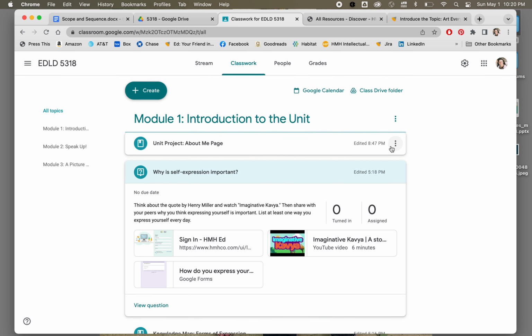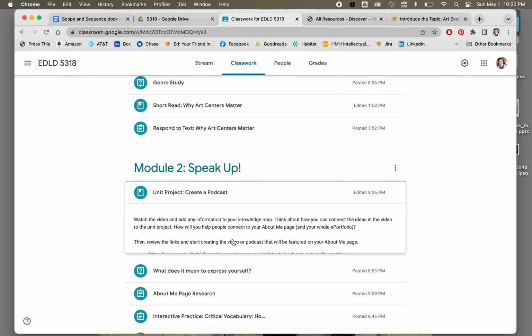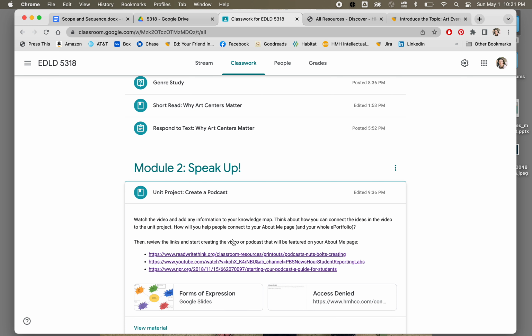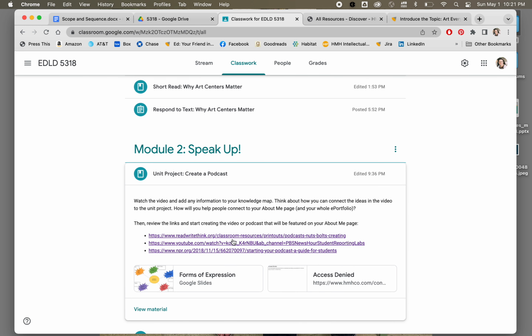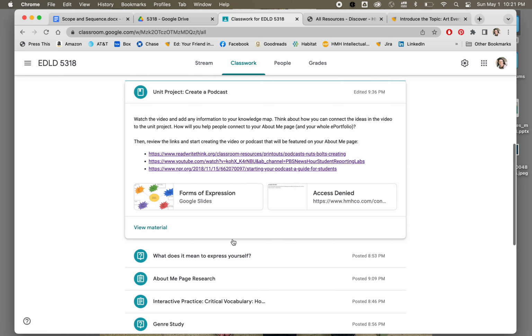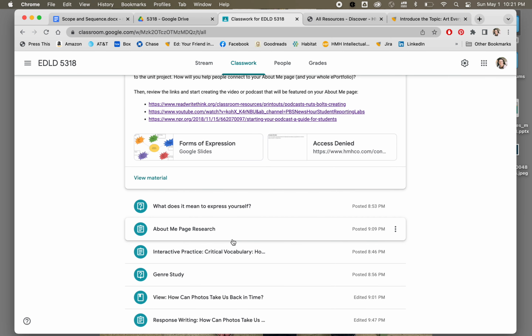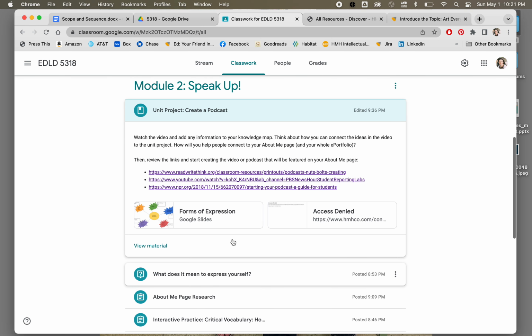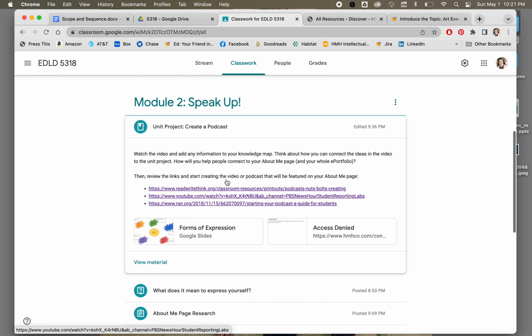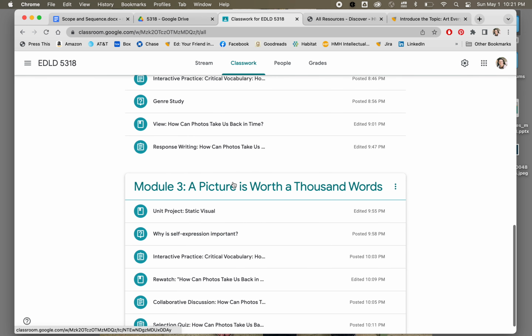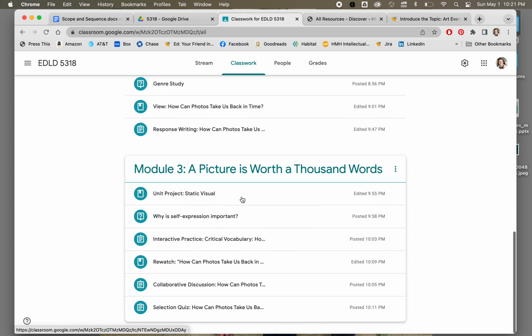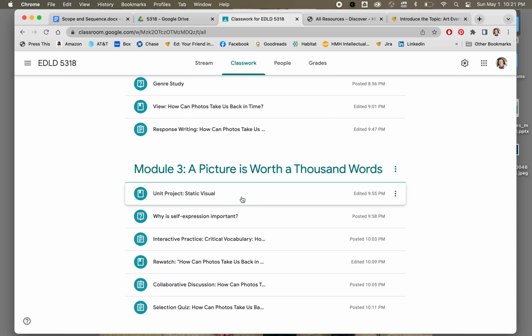Secondly, each unit begins with a tie back to the unit project. So in module 2, which is called Speak Up, the main resource in this unit is a video. They use that video as an example to create a video or a podcast for their About Me page. And then in module 3, this module is called A Picture's Worth 1,000 Words, and they create a